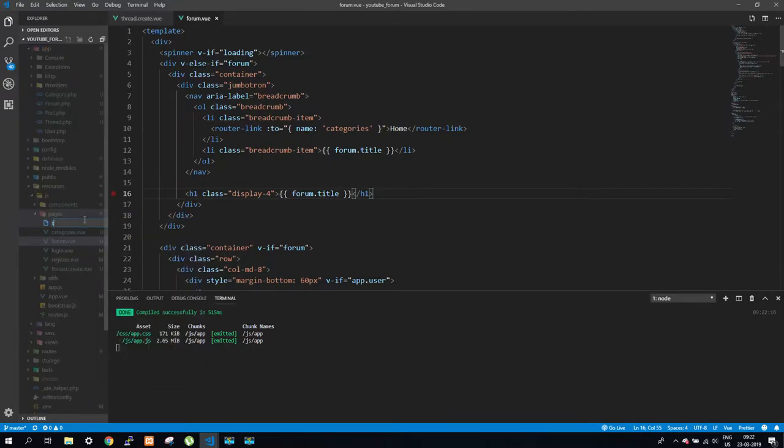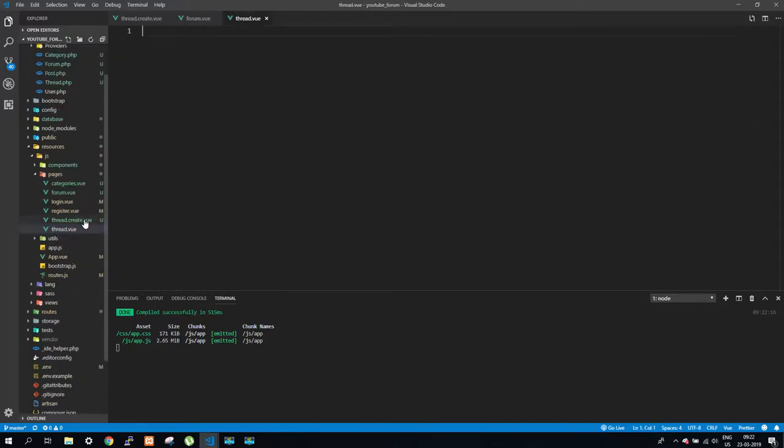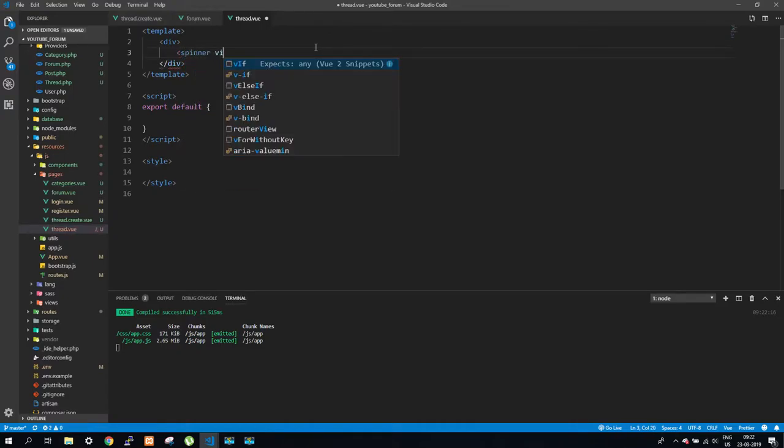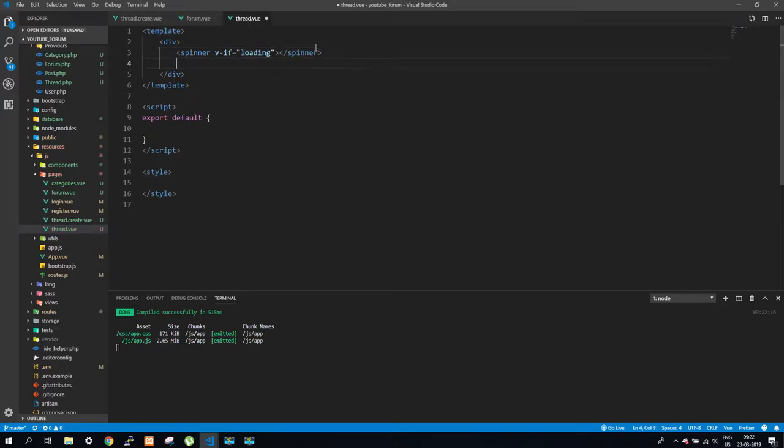So in pages, create thread.vue, scaffold, like always, and here we will start with our template. So we will write div, spinner, no, not script, spinner v-if loading, div v-else-if thread, and I will just copy because it's the same. Just copy the container and jumbotron. So just copy this,